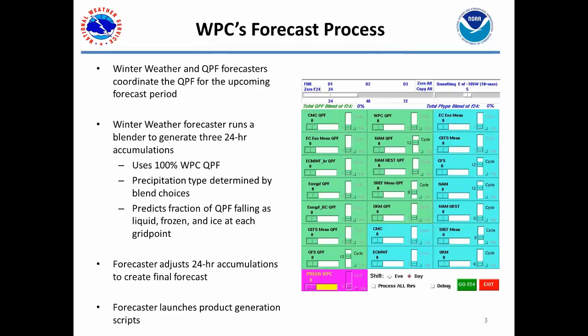So the forecast process begins when our winter weather and QPF forecasters coordinate the QPF for the upcoming forecast period. Once they've coordinated the amount of QPF, our winter weather forecaster then runs a blender to generate 3 24-hour accumulations. And when they run this blender, they'll use 100% of the WPC QPF as the driver for the QPF amount. But they are free to blend different models based on their preferred precipitation type choices. And then these precipitation type choices will ultimately determine the fraction of QPF that falls as liquid, snow, or ice